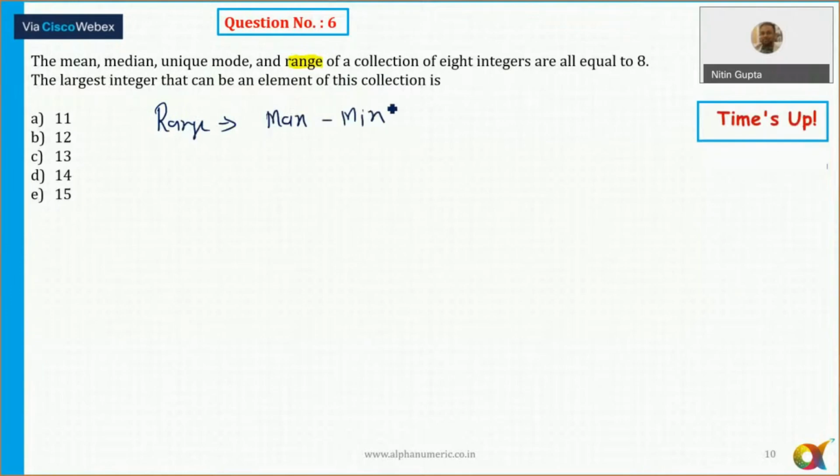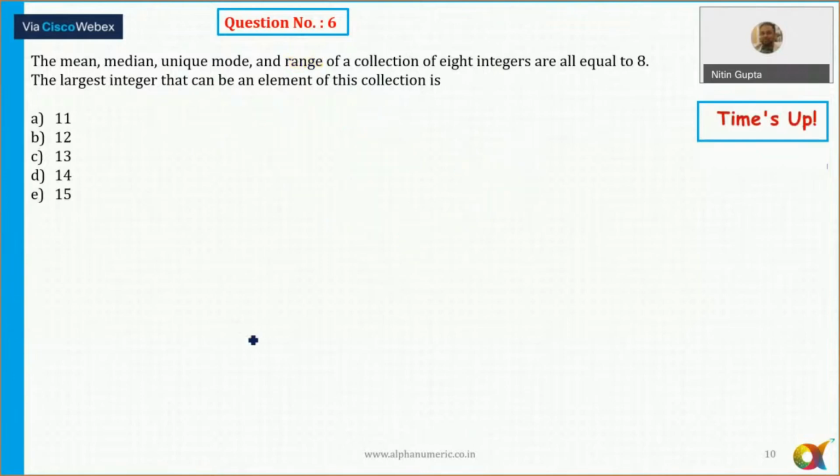Okay, so if there is a given data set of integers, something like 1, 2, 3... So what is the range? Range is the difference between the maximum and minimum, that is 1 and 8, that is equal to 7. So that is the meaning of the range here, the difference between the maximum and minimum value of any data set. Now, once the definition of the range is clear to all of us, we can proceed further.